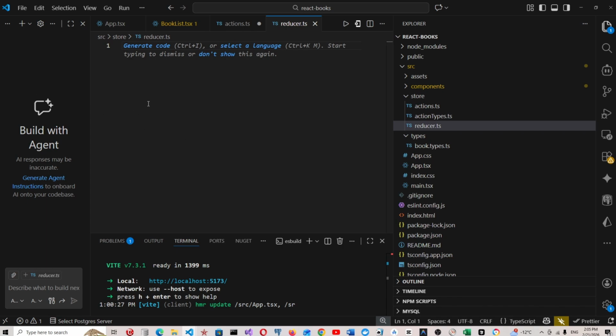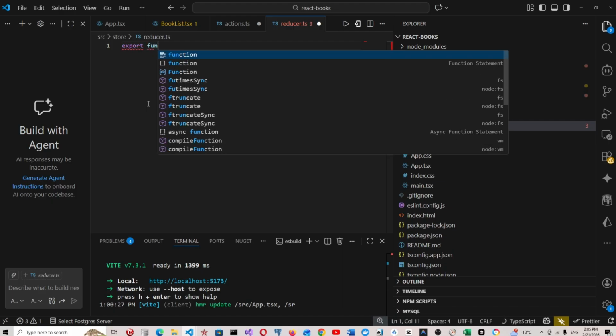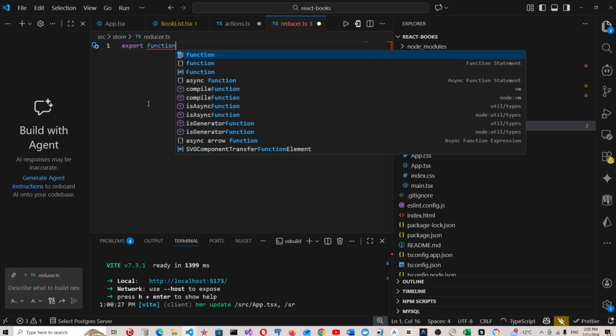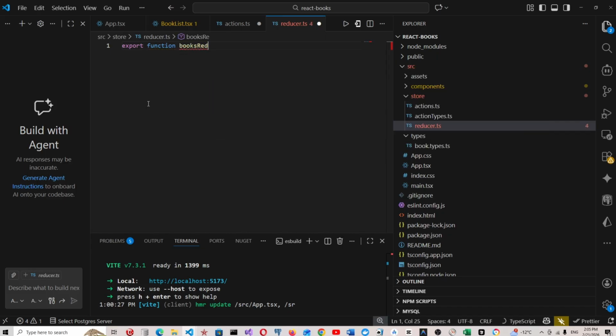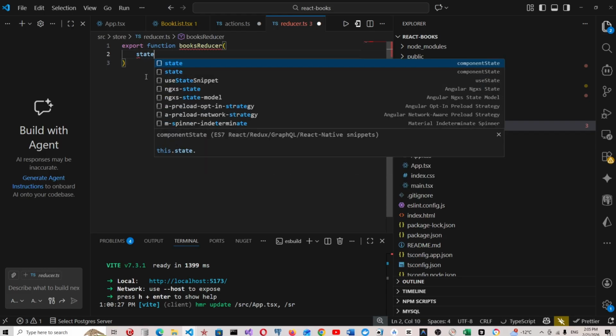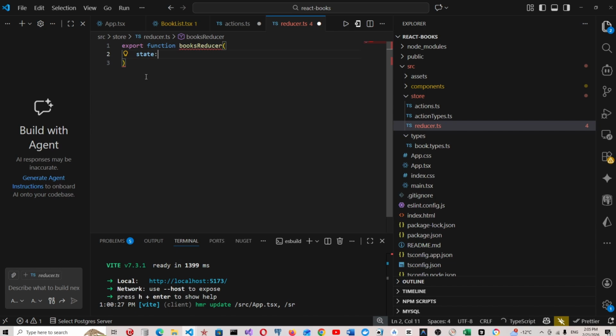And the reducer is a pure function. So it's function booksReducer, and the function has two parameters, state, which is equal to initialState,